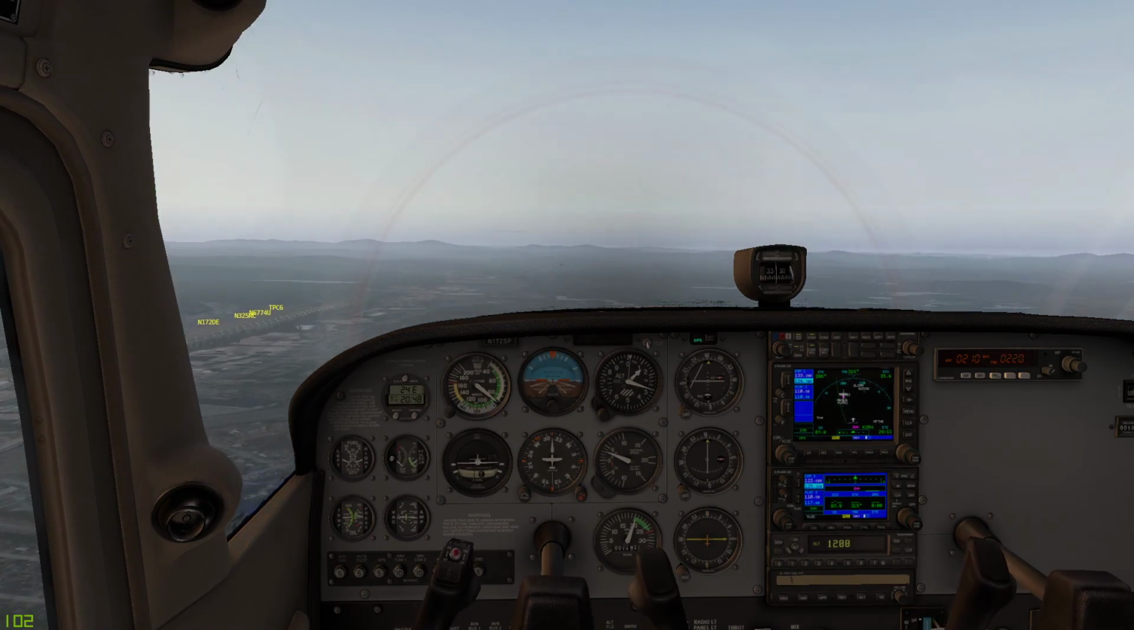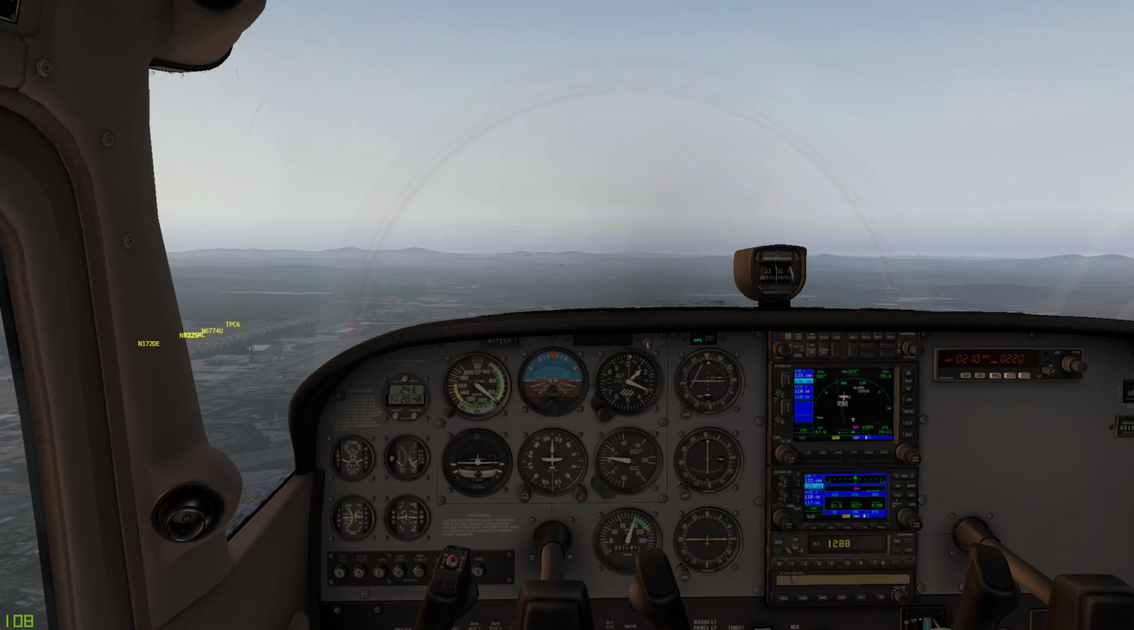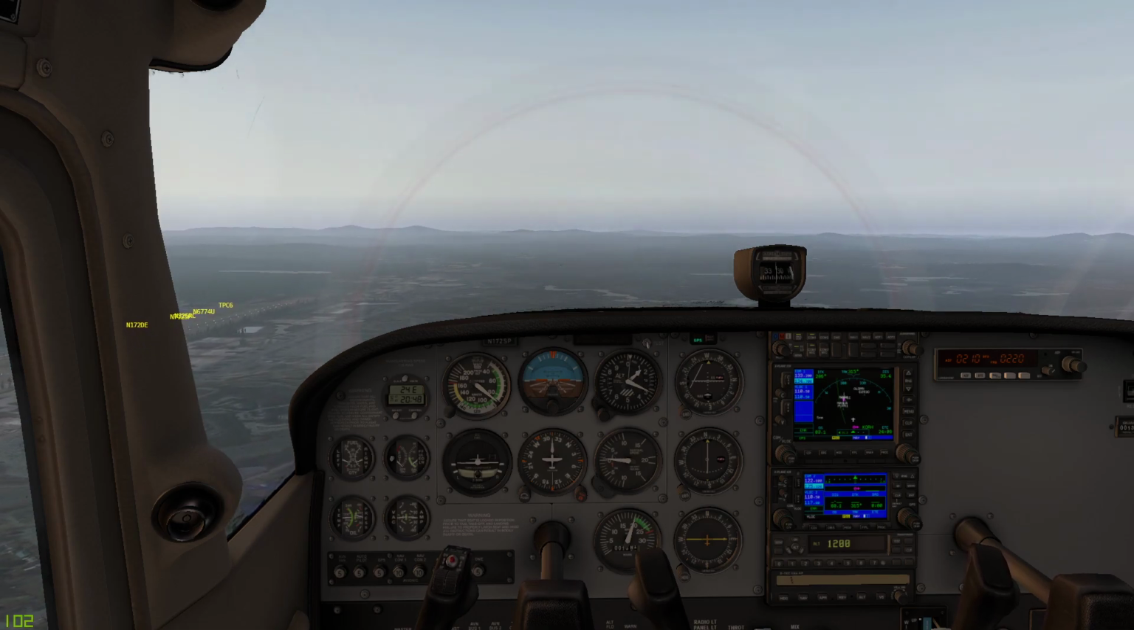Okay, getting a little bit fast and we're pitching up a little bit too much. You want to, there's a little display right underneath the altimeter where you can keep your